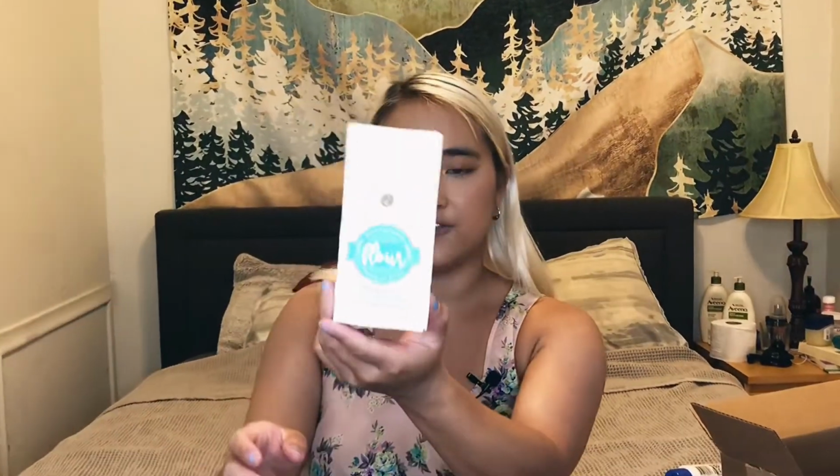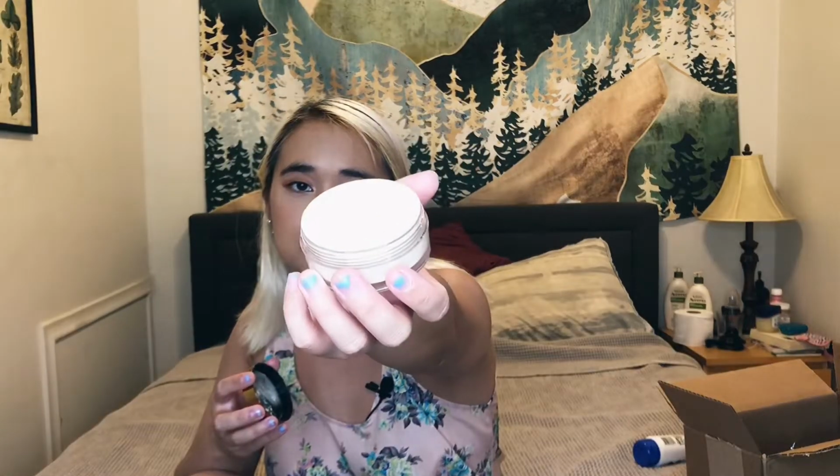Let's move on to other stuff that I got. I was running low on setting powder, so I got the Beauty Bakery flour powder, and it's in this cute little flour bag. Look, it even has nutrition facts about it. So this is what the actual unit looks like. And I got it in the shade Cassava, the yellow one,